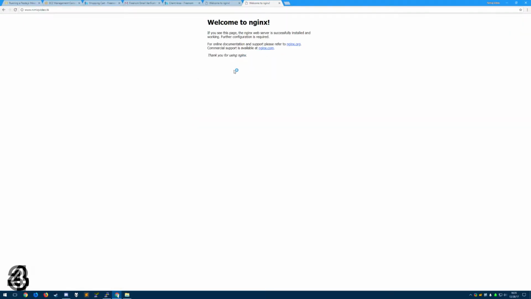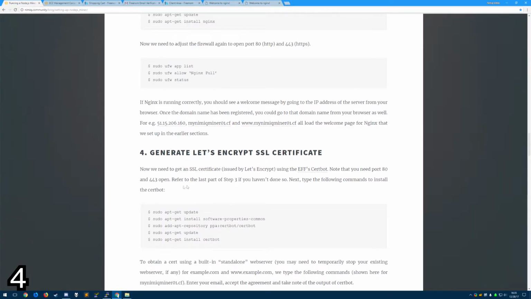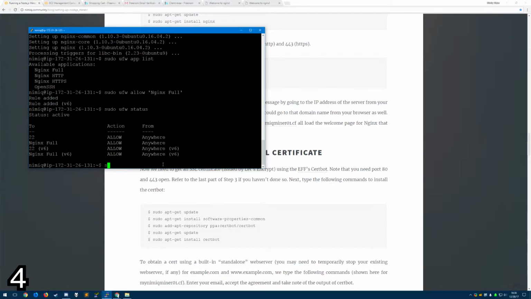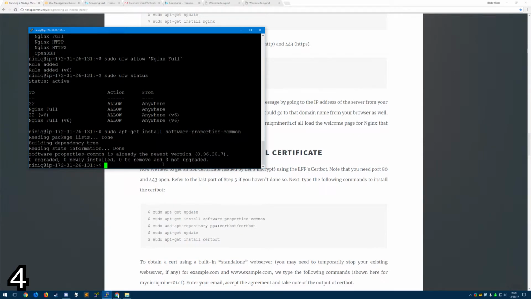Now on to step 4. We need an SSL certificate to run the miner. To do this, we'll use EFF's Certbot, which makes it ridiculously easy. Enter in the command sudo apt-get install software-properties-common. Next, enter sudo